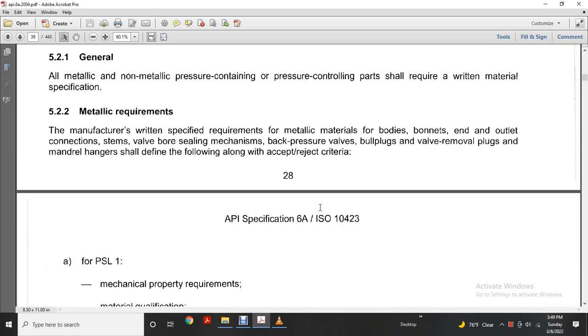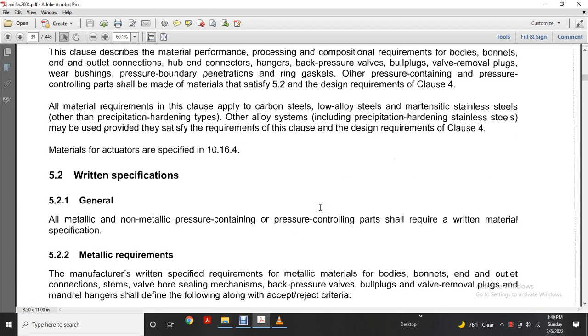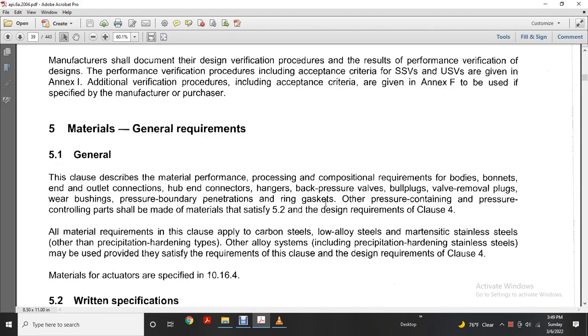API 6A ISO 10423, 5. Materials, general requirements. 5.1. General. The clause that describes the material performance process for the composition requirements of the body, bonnets, end and outlet connections, hub end connector for the hanger, back pressure valve, bull plugs, valve removal plugs, wear bushing, pressure boundary penetration, ring gaskets, other pressure containing and pressure controlling parts shall be made with material